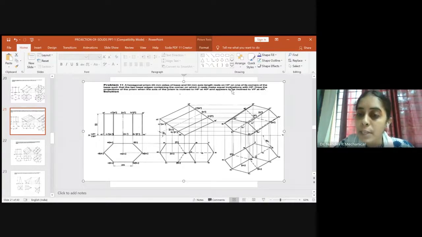If it is told appears to be, it won't be directly inclined to VP. It just appears as though the axis is inclined to VP at 45. In that case, we should not determine the apparent angle. Got the clarity? It is simple because you are not going to construct the beta angle in this case. So you will take 45 degree to VP and directly measure the apparent length of the axis. We won't go for the true length and then the apparent length, right?